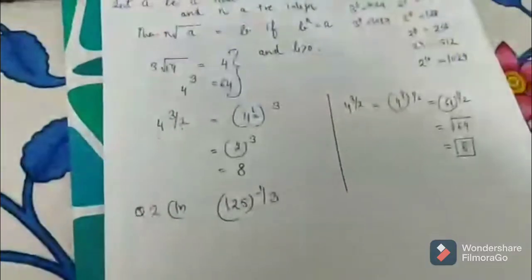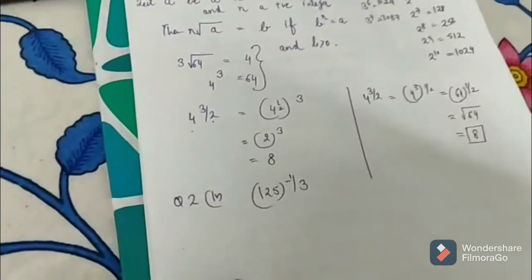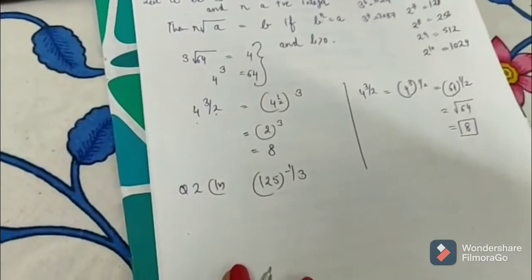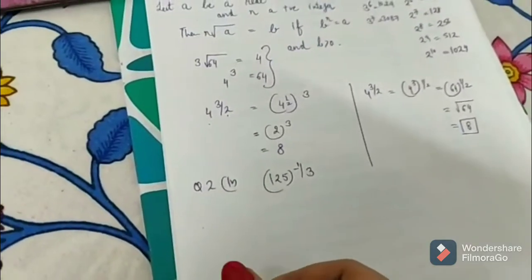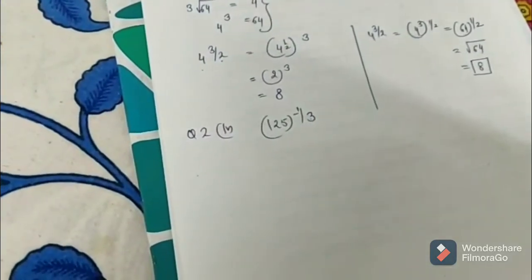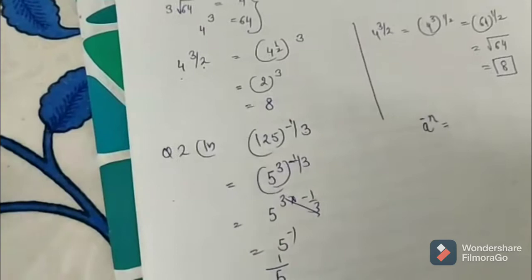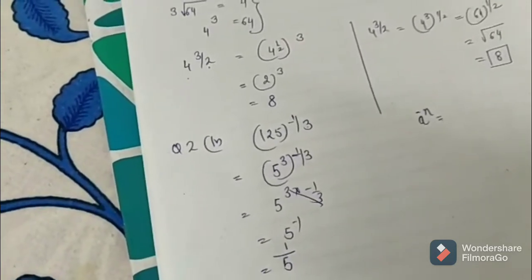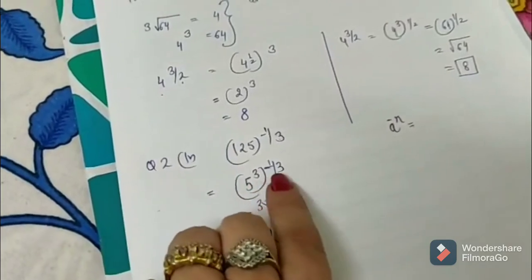Let's do exercise questions. I'll be doing only 1 or 2 parts of this exercise because the exercise is very easy. You can do it yourself. Question number 2, fourth part says that you have to calculate 125 raised to power minus 1/3. So the solution goes like this. The prime factorization of 125 can be written as 5 raised to power cube, raised to power minus